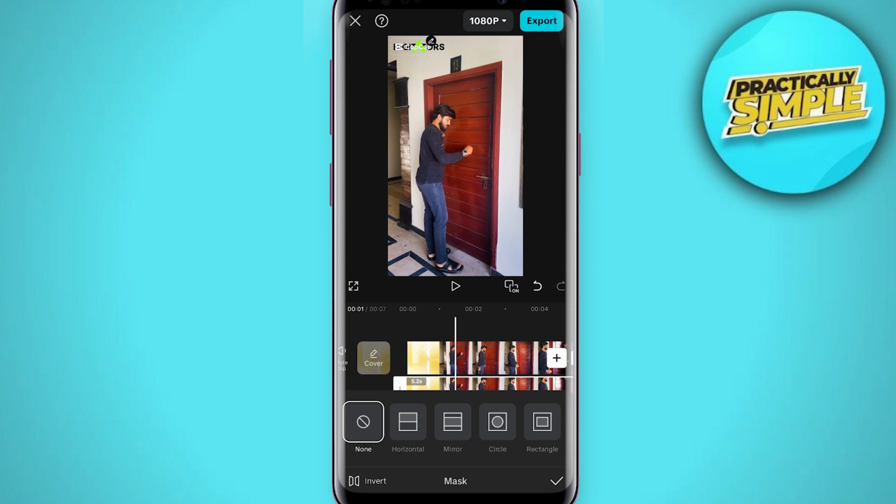to choose from, but I recommend you to select this circle mask if you want to blur someone face in CapCut, and then simply tap on this invert in the bottom. Now you can adjust the size by tapping on these arrows, and if your person is moving in the